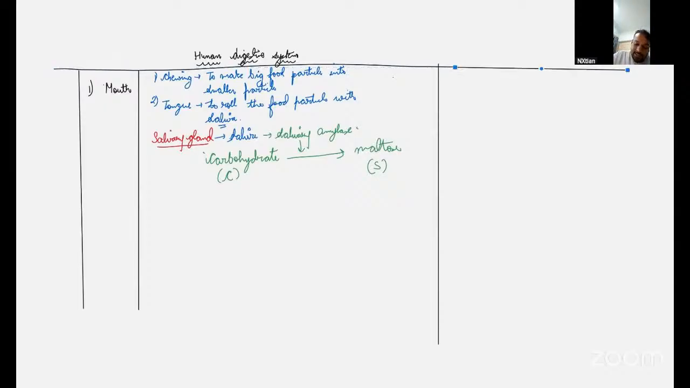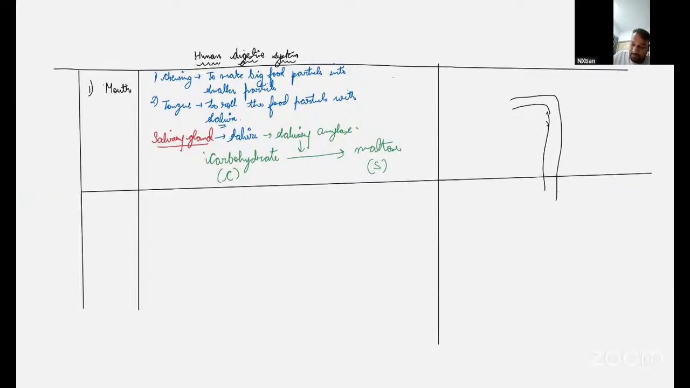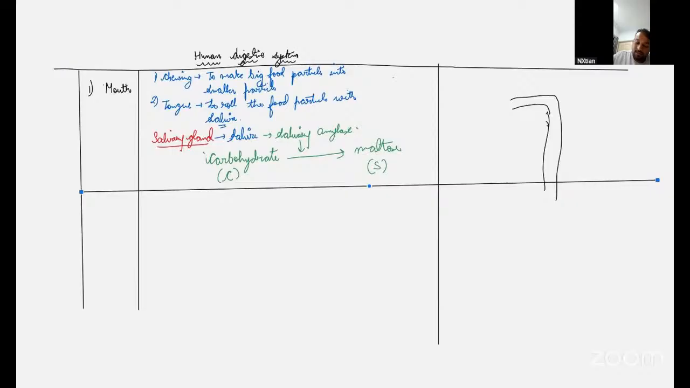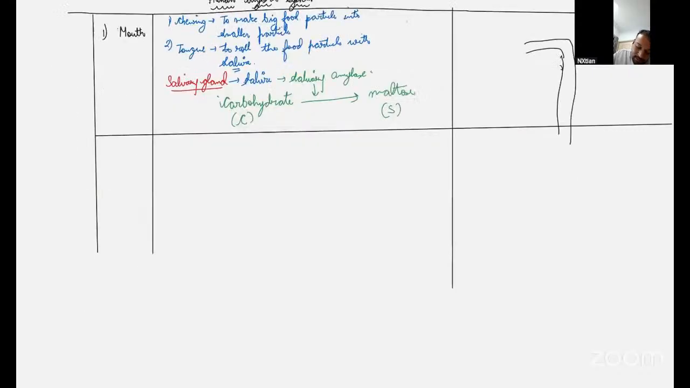So if I will draw the diagram, so this is our mouth. This is our mouth, and this is where all this thing happens. Okay. Now the next point. So this is the mouth part. The next point is